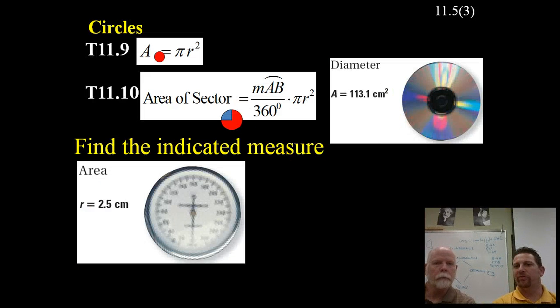We're here at 11.5. 11.4 was the length of a part of an arc, so kind of a part piece of the circumference. And so now we're going to look at the drawings here, and you can see that